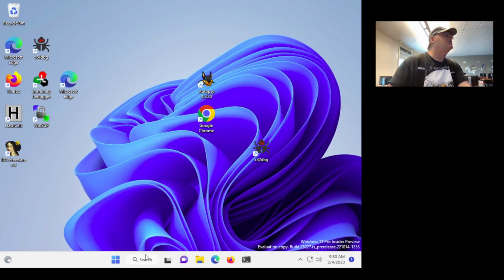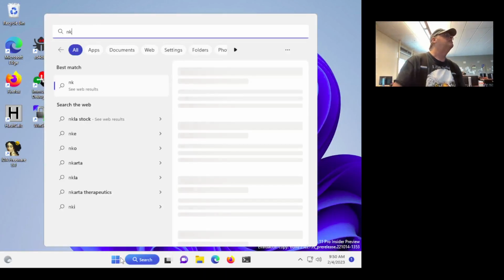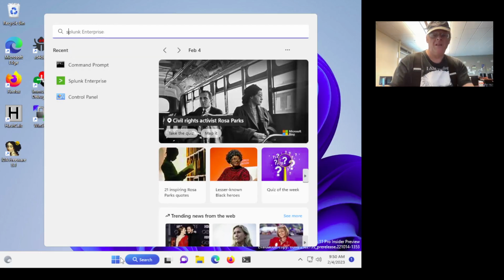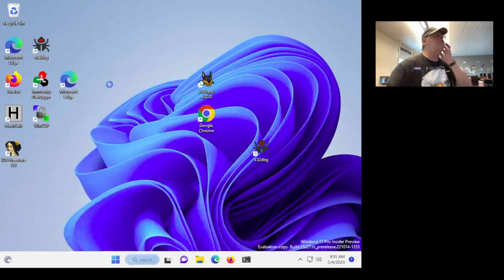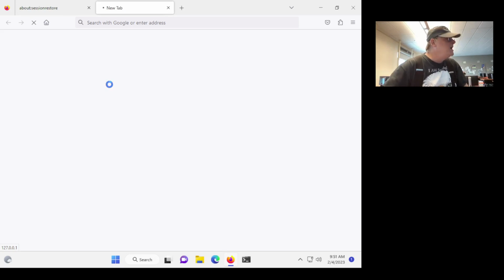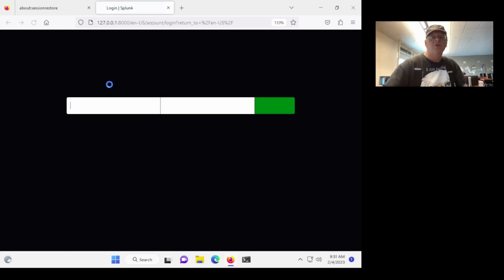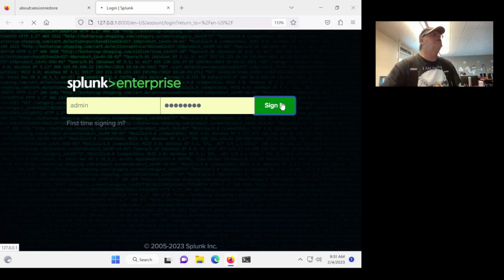All right, so now I want to launch Splunk. After you've installed Splunk, you should have a Splunk option available in the Start menu. And it's slow, S-P-L-U. All right, there it is, Splunk Enterprise. And I just had a student saying they're having trouble launching Splunk even after installing it. If you've installed Splunk, it should automatically be running in the background, but you won't see it until you launch it from that icon, or you put 127.0.0.1:8000 in a browser's URL bar. Now you can log in. And now I've got the same Splunk that you have